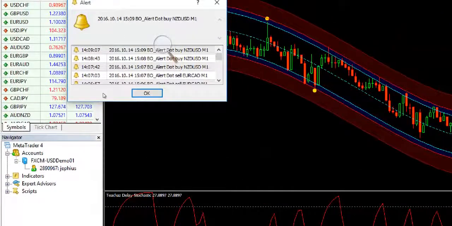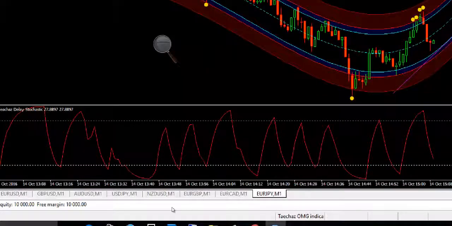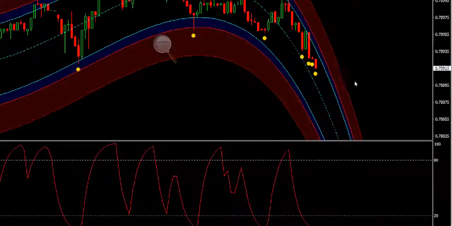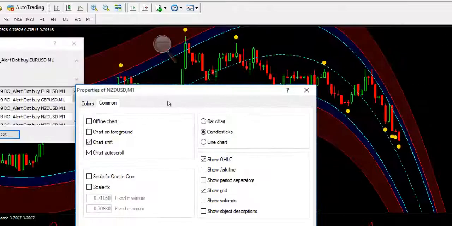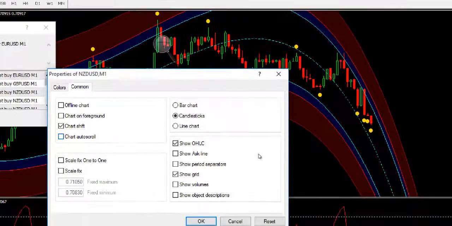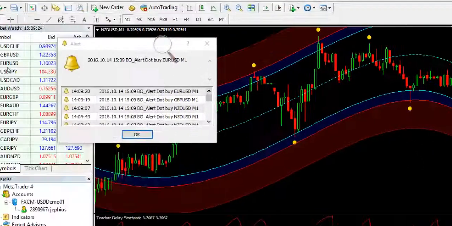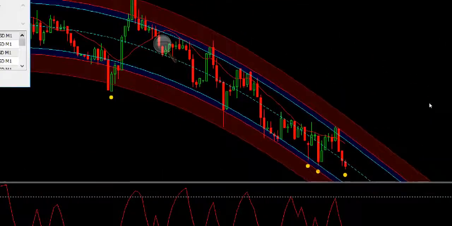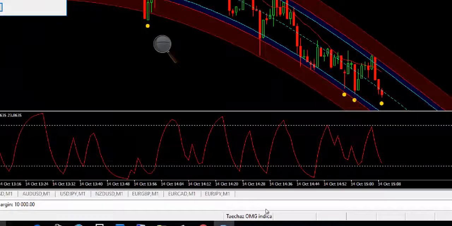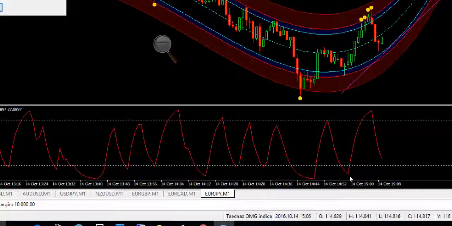So I advise you guys, when you see the signals first, like in this case, this one is going down, but the signal is saying it's going to go up. These signals do not necessarily just come like this. In most cases they are very accurate. If you check the previous trades here, Euro USD, let me just quickly check this one. This one is the same. So what I'm saying here, guys,